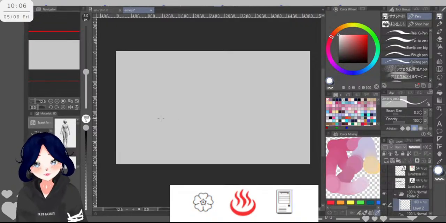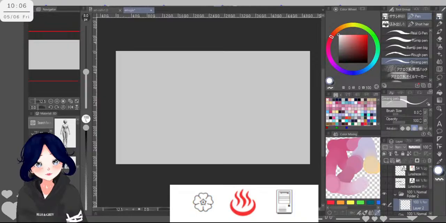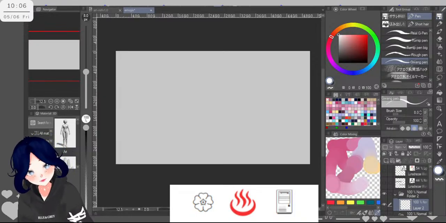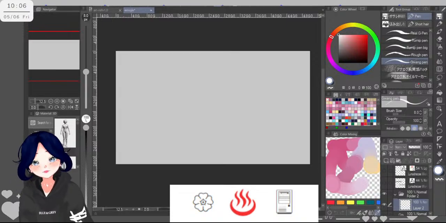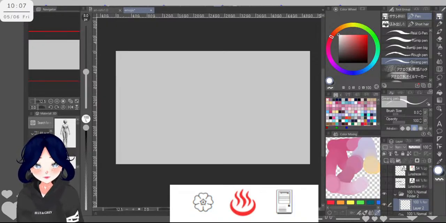So today we'll also be doing the character designs with random emojis. This is what we got: a flower, this thermal water thingy, and honestly this last one I'm not really sure what it is. It seems like a document. Yeah, I think it's a document, but I'm not really sure what to do with this one.